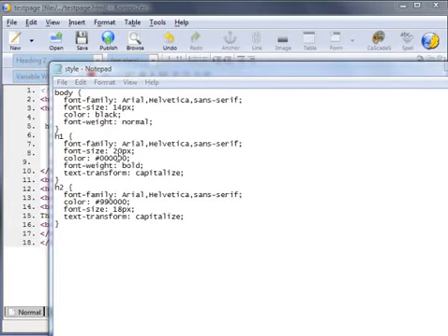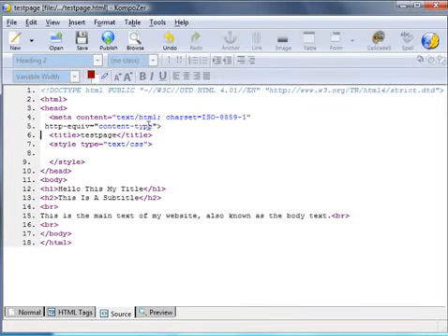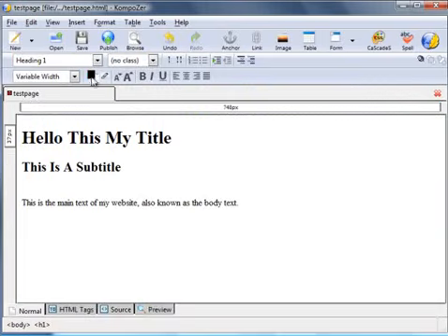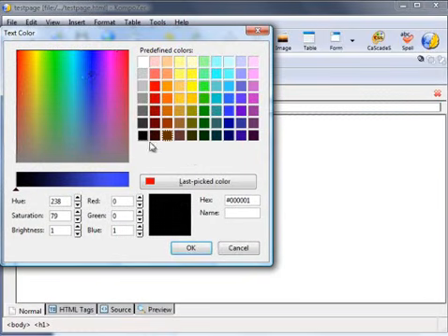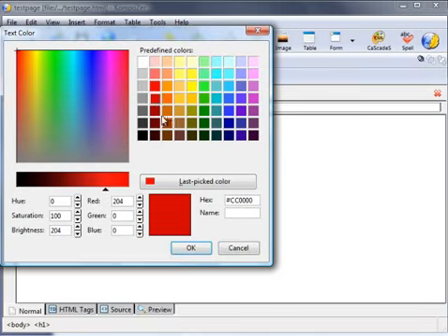And let me show you where I get those numbers from. If you go back to KompoZer and go to the normal window, click on the colour icon. So black, you click on that, it changes the hex value, so that's all the zeros, whereas red was the 9900. If you wanted a blue colour, that's